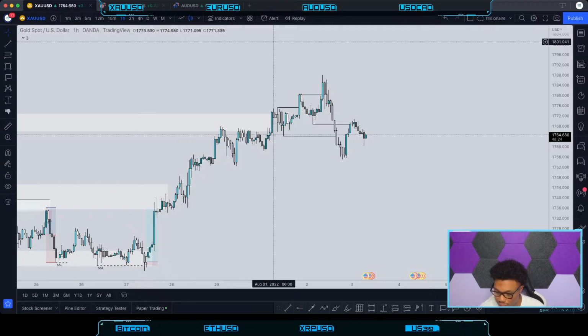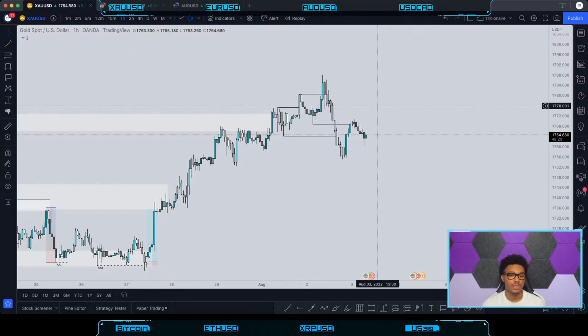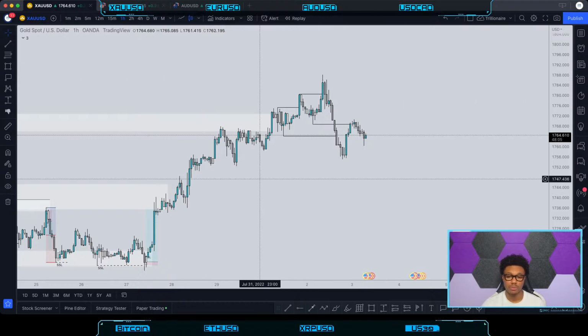So I would say fluidity is one of the most important aspects for sure. All right, so as it relates to gold, we can see that we have this nice move to the downside. A little bit of imbalance was created here. Prices already closed some of that imbalance. And then we tapped into this region here, which is based on another concept that I really don't trade all too often. So we should see lower prices on gold for sure, at least to target this low here and possibly this low here, run on this sell side liquidity.